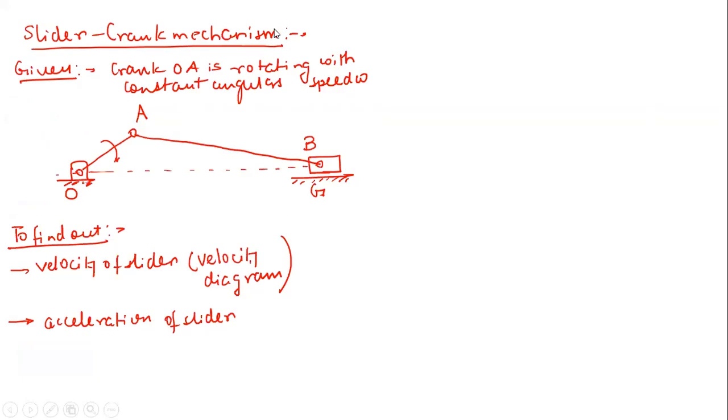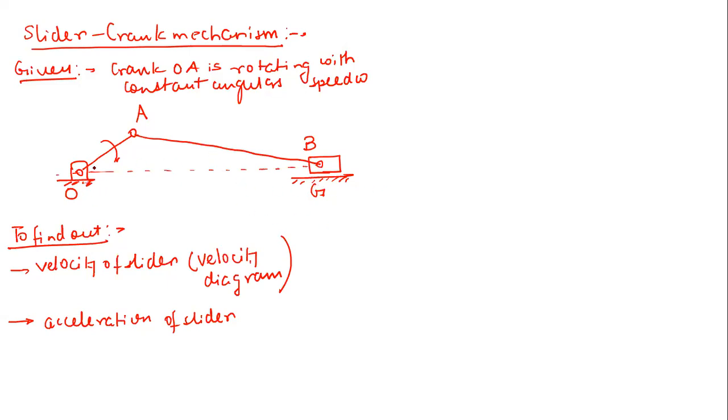So just tell me what will be the vector equation for this. Whenever I say you have to form the vector equation, just blindly remember this: first of all, you are interested in calculating the acceleration of the slider. Then just blindly form the vector equation, considering that you have to find the acceleration of this point B, which is on the slider, relative to some fixed point. That fixed point in this case is either O or G.